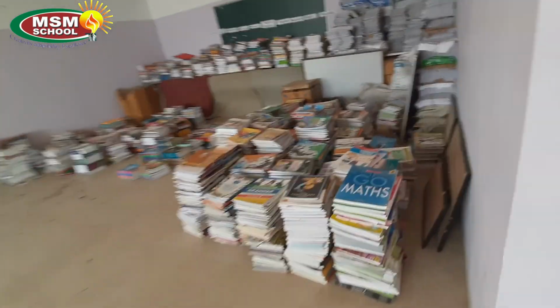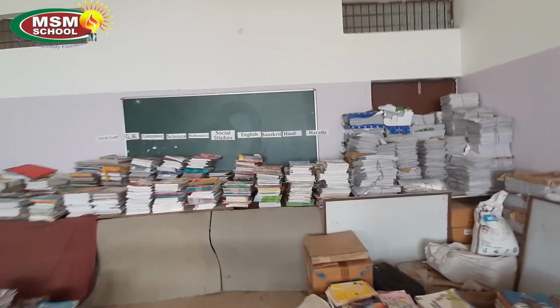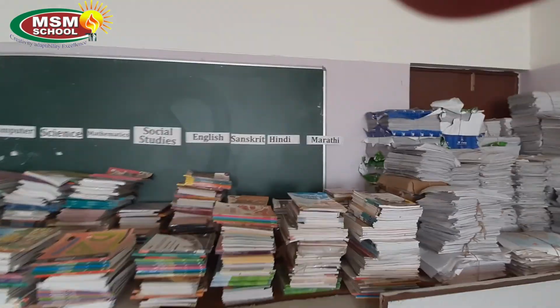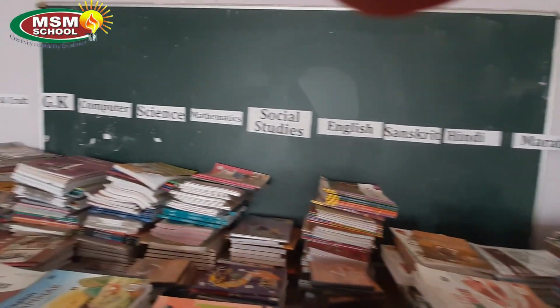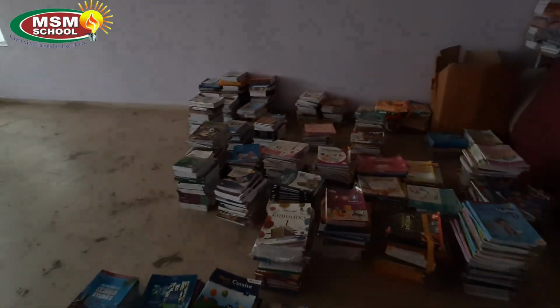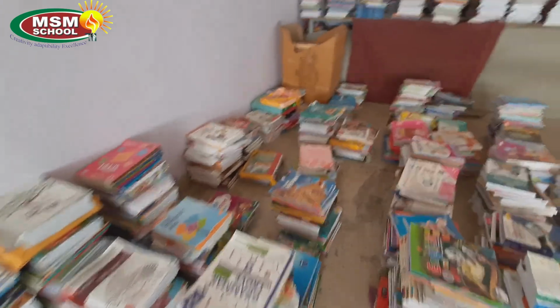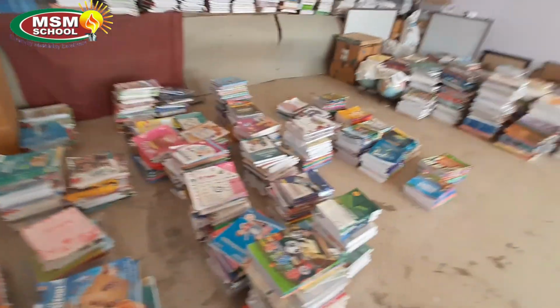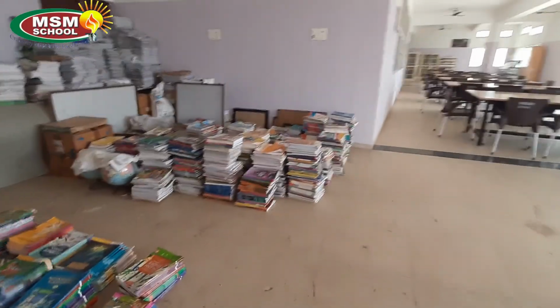This is the area where we dump certain books. For example, you see it's labeled over here. The samples that the school receives, we keep over here. These are different sample books the school has received, different publications, they give it to us. We keep them like this, and the children can refer to these books also at times when they need to.